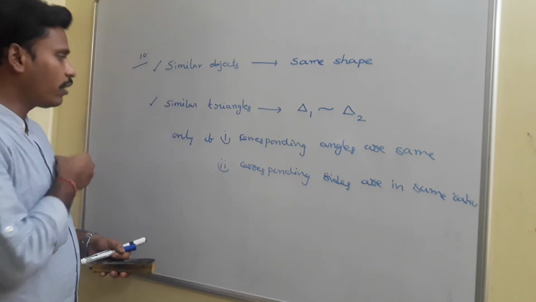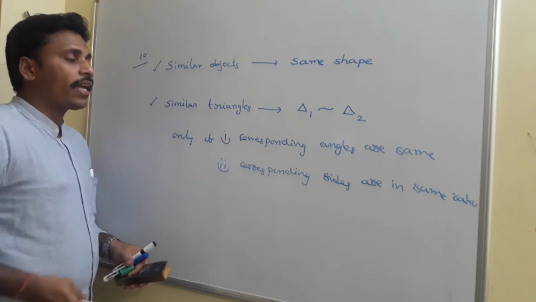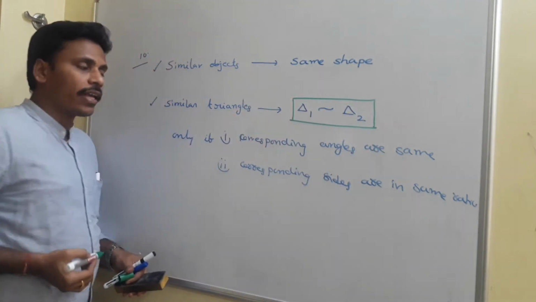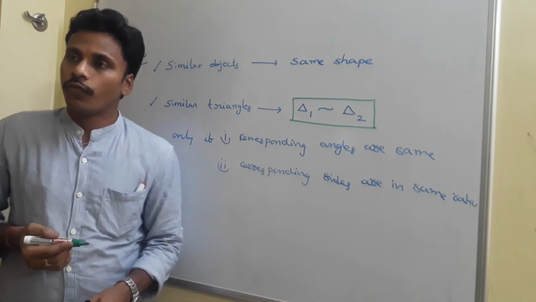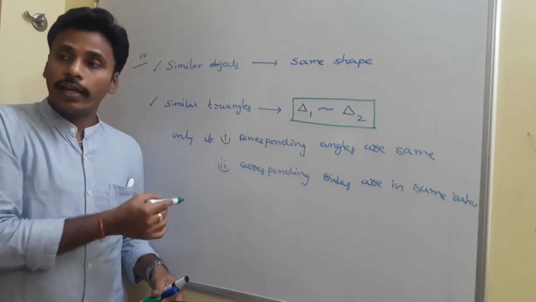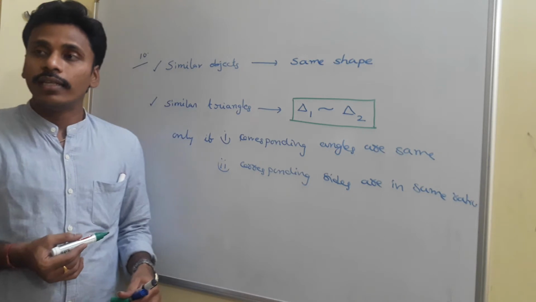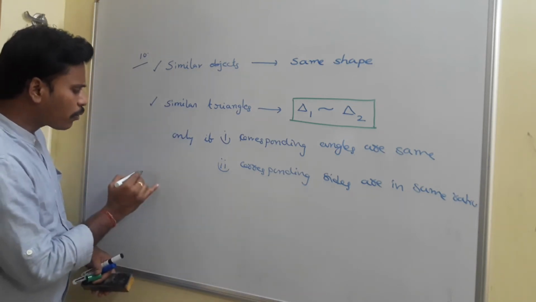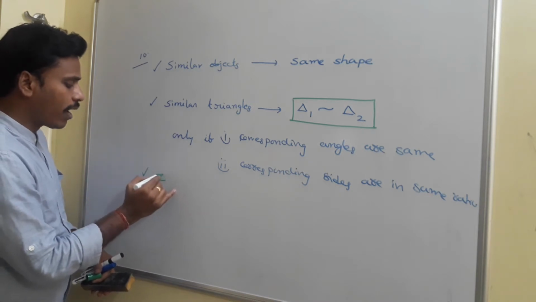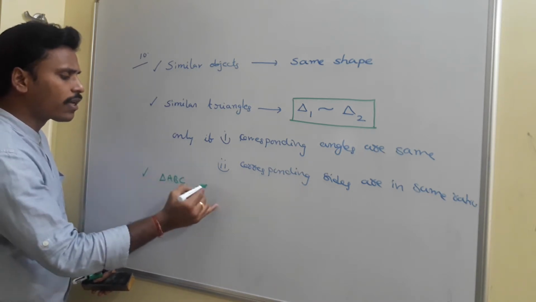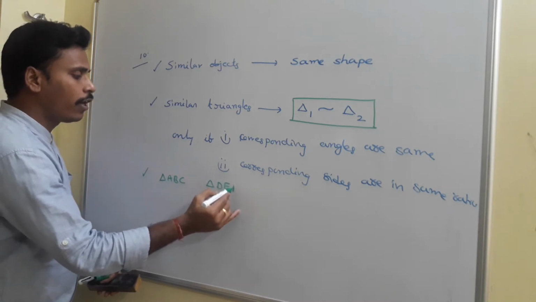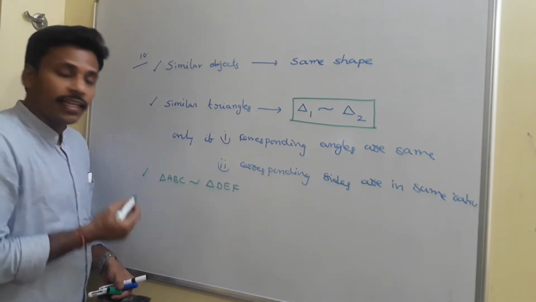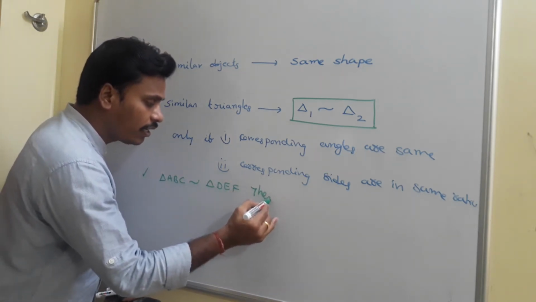And in particular, if you think about similar triangles, triangle 1 is said to be similar to triangle 2 if the three angles of triangle 1 equal the three angles of triangle 2 and the three sides of triangle 1 are in the same ratio with the three sides of triangle 2. Suppose you have two triangles and you name them ABC and DEF. If you declare that triangle ABC is similar to triangle DEF, then